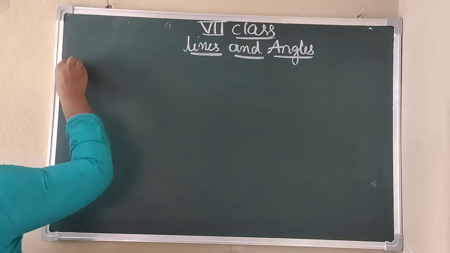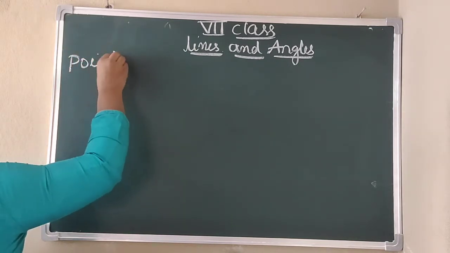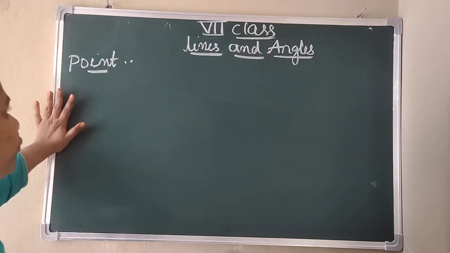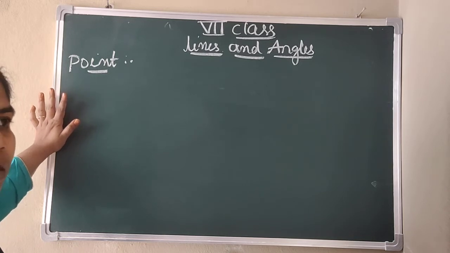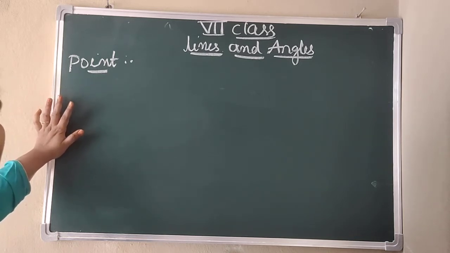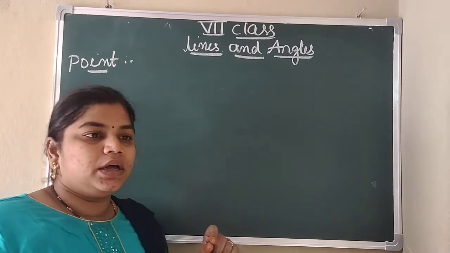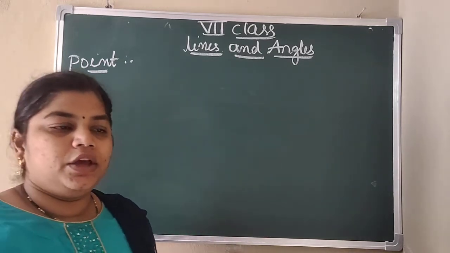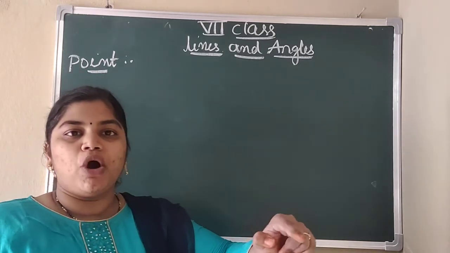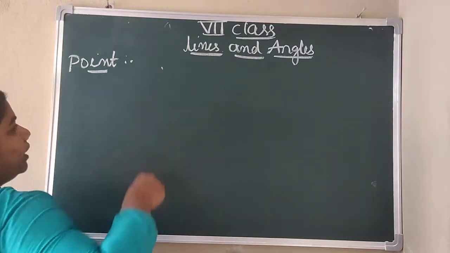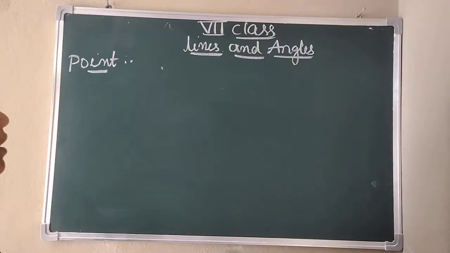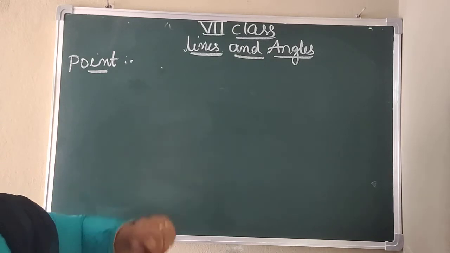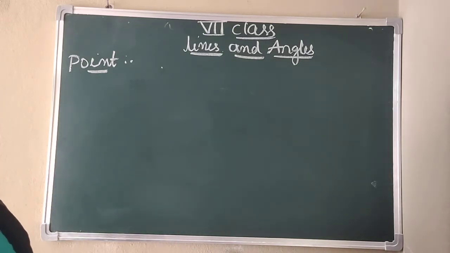First one is point. We have to know about point. Already you know all this, so no need of telling, but again I am revising this, so listen. What do you mean by a point? We will use this point for showing something, for showing any place or any picture. You will be showing this point with your finger. That means the point does not have any length or breadth. It is a simple point, the smallest point, not having any length value or breadth value.